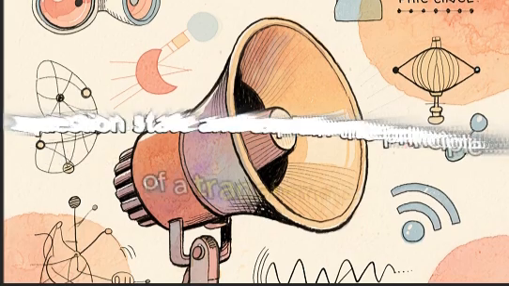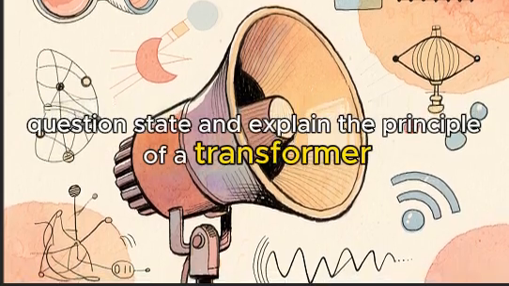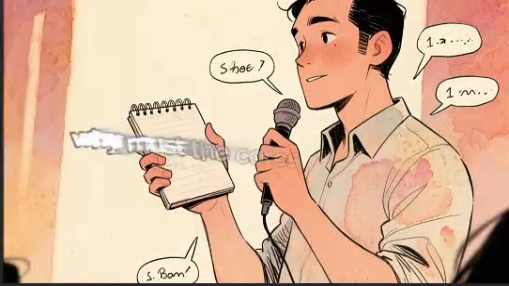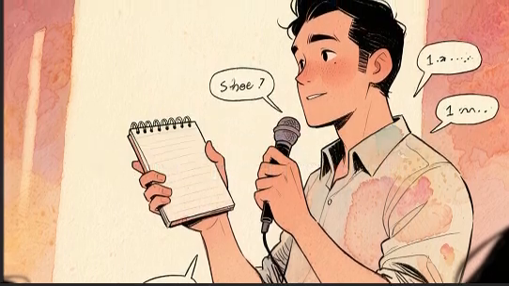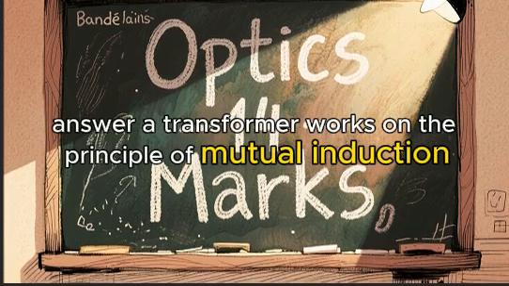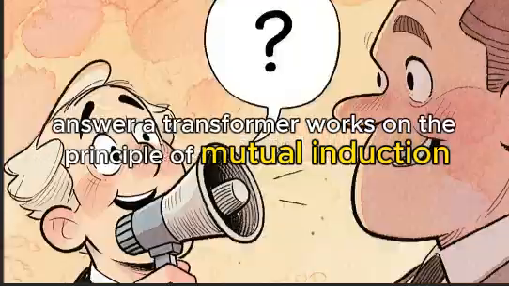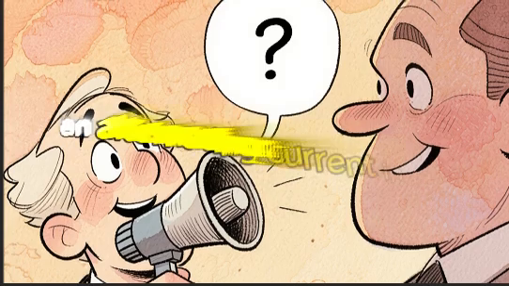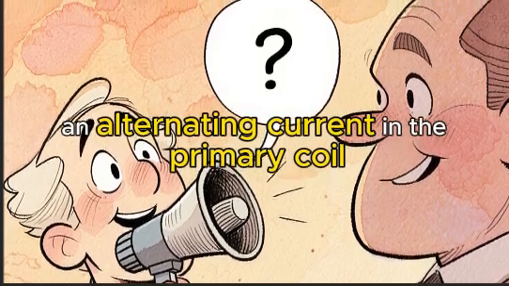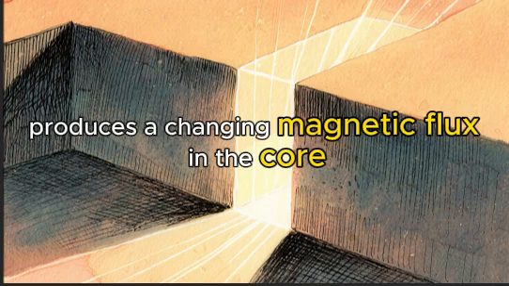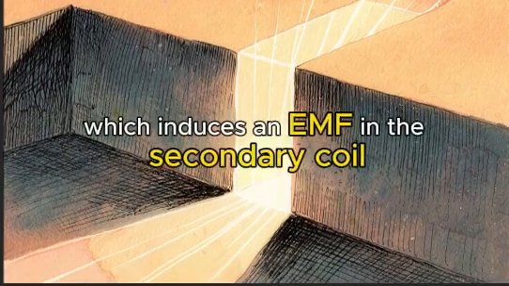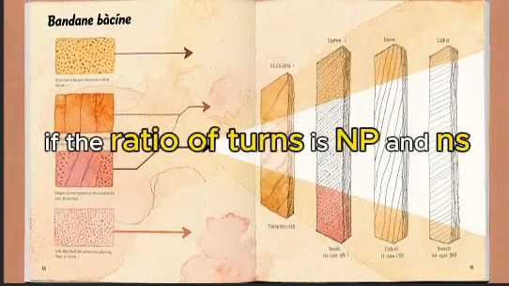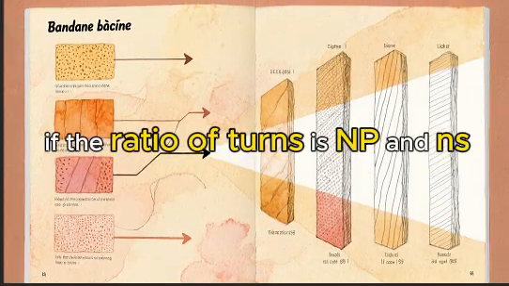6. Question. State and explain the principle of a transformer. Why must the cores of practical transformers be laminated? Answer. A transformer works on the principle of mutual induction. An alternating current in the primary coil produces a changing magnetic flux in the core, which induces an EMF in the secondary coil. If the ratio of turns is NP and NS,